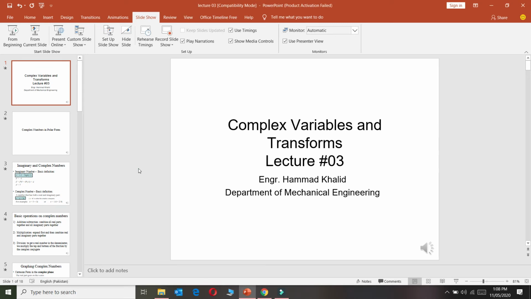Okay, so this was all from the lecture number 3. I hope you have understand the complex numbers in the polar form. So in the polar form, as I said, you will have the number z in the simple form just like a plus b iota. You will take the modulus of that number to find out the value of r. Then you will find out the angle theta, that is equals to b over a. Once these two values are known, then you will write the number in the polar form, which is equals to r into cos of theta plus iota sine of theta.